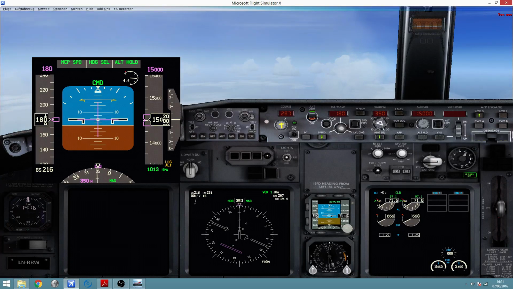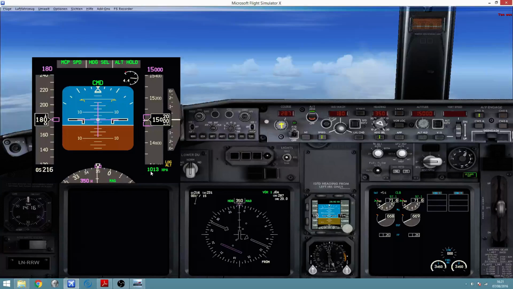And if I wanted to go back to inches, I would only have to click with the left button of the mouse. Alright, this way I changed to hectopascals or millibars, and I can read 1013, which equals QNE. Alright,